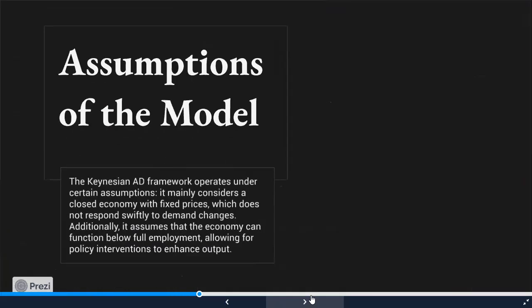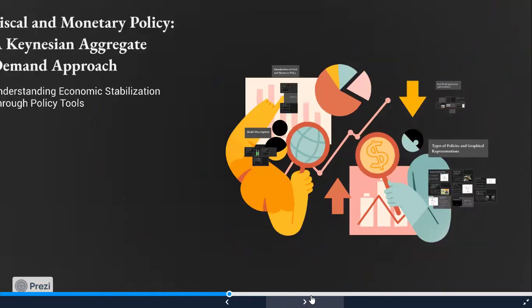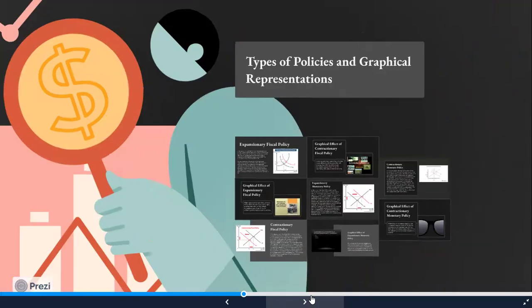The assumptions of this model: it operates under certain assumptions. It mainly considers a closed economy with fixed prices, which do not respond swiftly to demand changes. And it also assumes that the economy may function below full employment. So now we'll be moving on to the